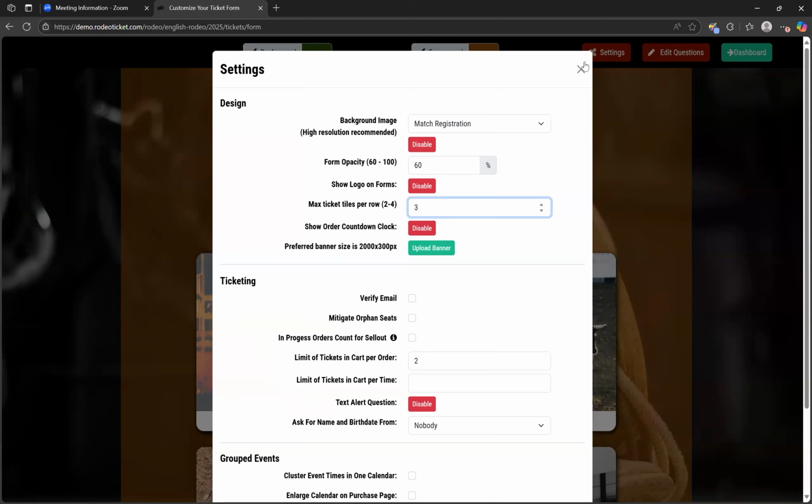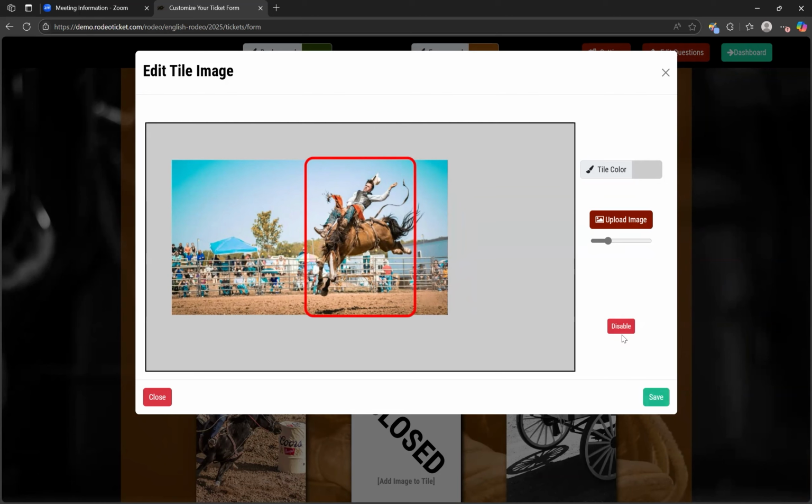If I wanted to edit this ticket tile, I can click on it. I can add a new image here if I wanted to. I can customize what the positioning is on what shows up on that ticket tile. So that's nice. If I wanted to, I could even update the tile color. And then of course I can also disable the photo. I'm just going to go ahead and close without saving